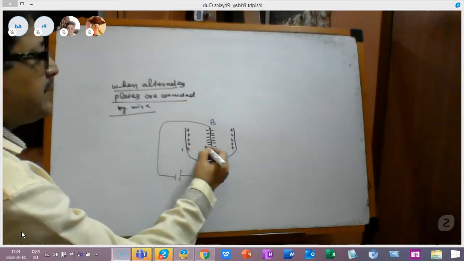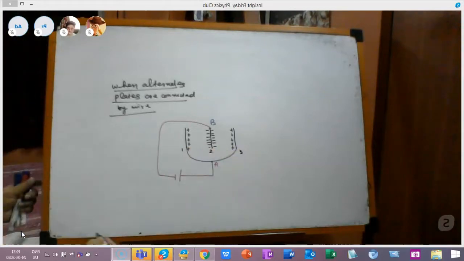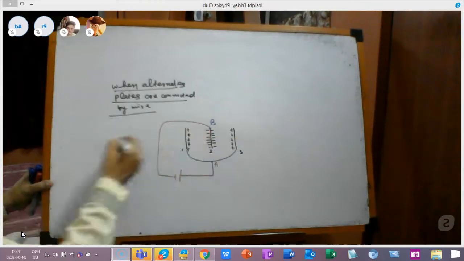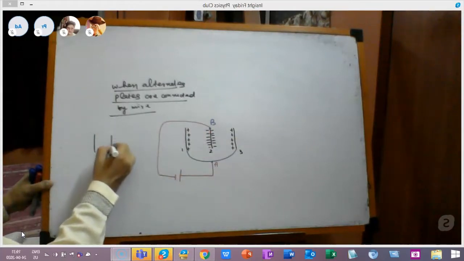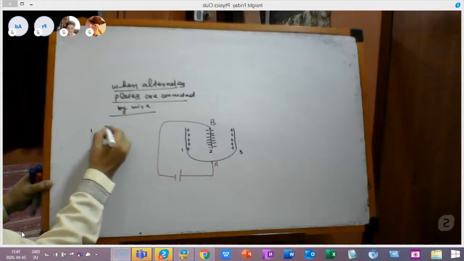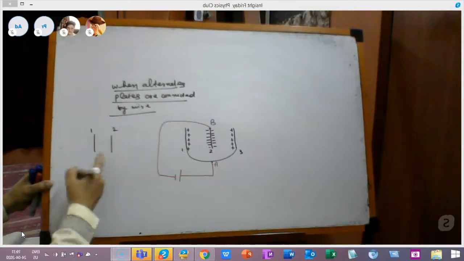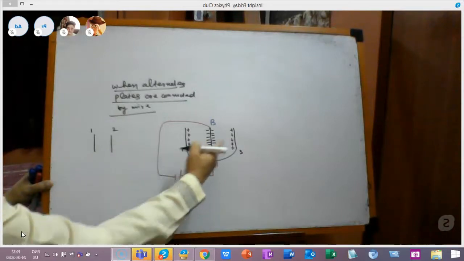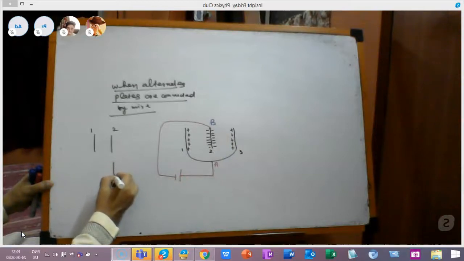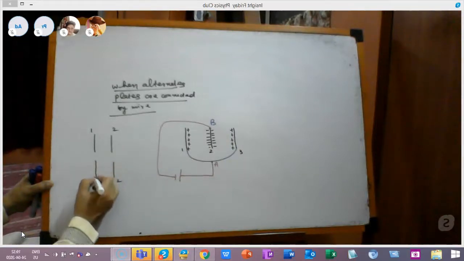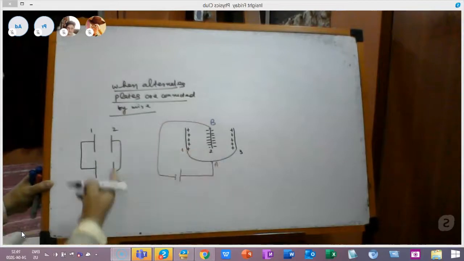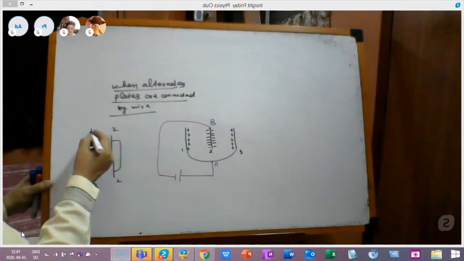I am naming these plates as 1, 2 and 3. Now if I try to make capacitors, the concept is like this. This is plate 1, plate 2. Plate 2 is sharing one part with 3 also. So plate 2 I extend here also, and plate 3 here. It's like this, because you have connected 1 and 3, and 2 is itself connected.